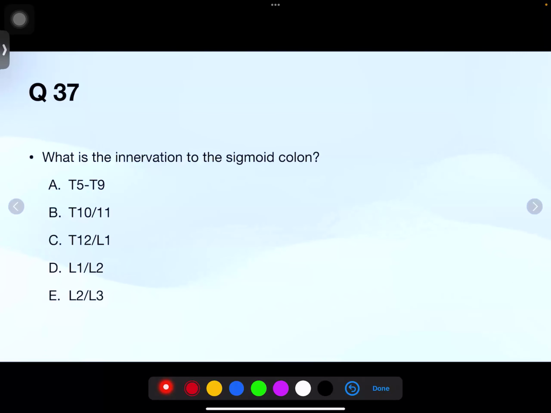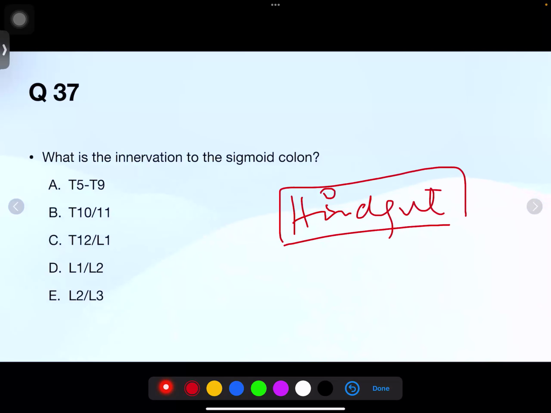ओके, सो व्हाट इज द इनर्वेशन ऑफ सिग्मोइड कोलन? अब सिग्मोइड कोलन किस पार्ट का आ जाएगा, कौन सा पार्ट है? इट इज द पार्ट ऑफ हाइंडगट। तो हाइंडगट का नर्व रूट क्या आ जाता है? ये आ जाता है ना, T12 L1।